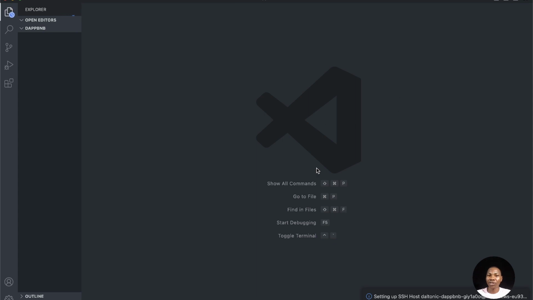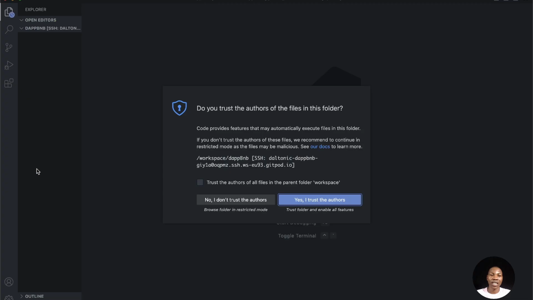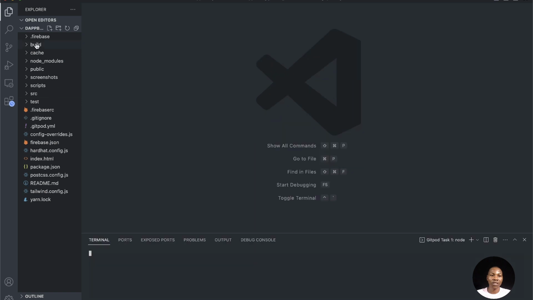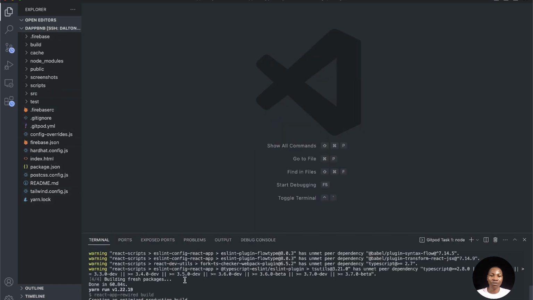So this is the project. It is actually loading right now on my VS Code. Now I'm being asked to enter that password, that key that I just copied. I'm going to paste that here and click enter, and it will be connected for me, and all the project structure will be loaded. I'm going to say yes to this, trust all of this. So these are all the things that make up this project. Now it's going ahead to run yarn,